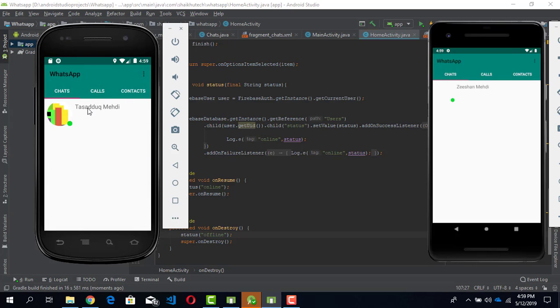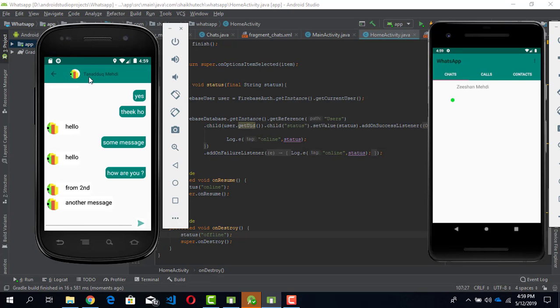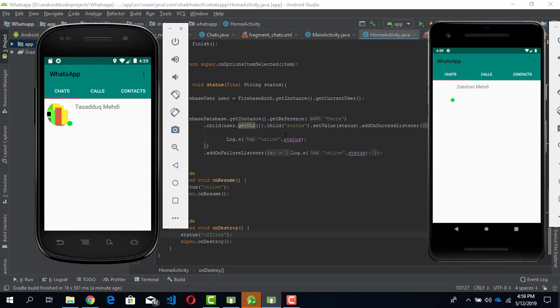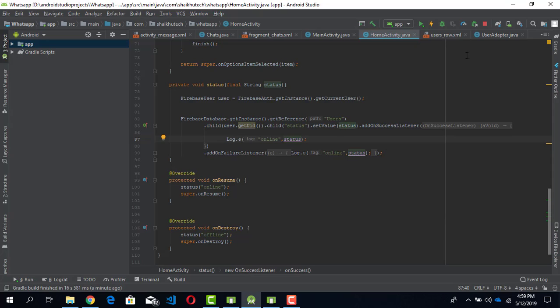So there's a little challenge for you: at the bottom of this name, can you display a little online text here, or offline? Can you do that? I'm waiting for your response. Okay, so now I'm going to do that. If I go to my message activity,